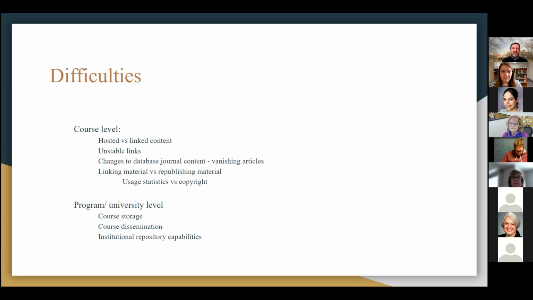And so I had to go out and search for it again and correct the link because the students were clicking the link and getting nowhere. The other thing is articles that we have linked within our university databases that suddenly are no longer provided within that database. And of course, that's something over which we have no control. That is also something that's happening more and more because publishers' contracts with database vendors change all the time. And so that's another source of frustration,